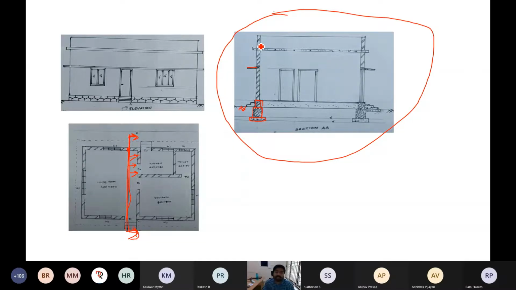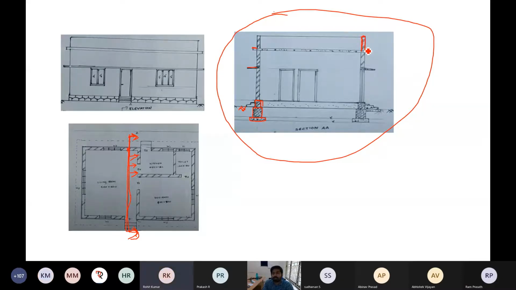You know the meaning of parapet? What is parapet? In some houses you can see parapet, some houses it may not be. What is parapet? Anybody? What is the function? The roof extends out of the walls. Like when the roof is there, that is the area, nearly 12 centimeter. That is roof extension. I am asking what is this actually.